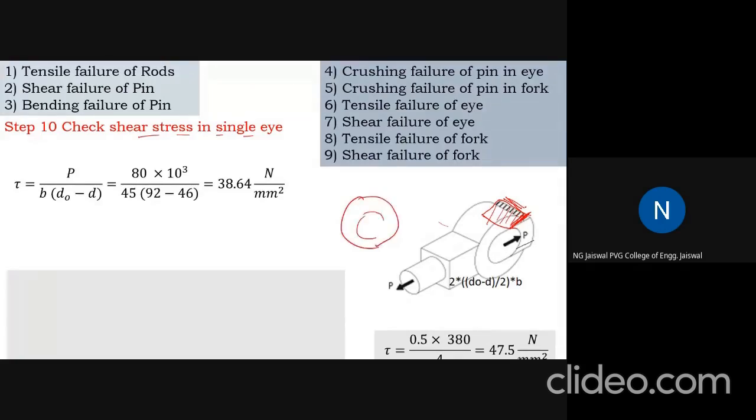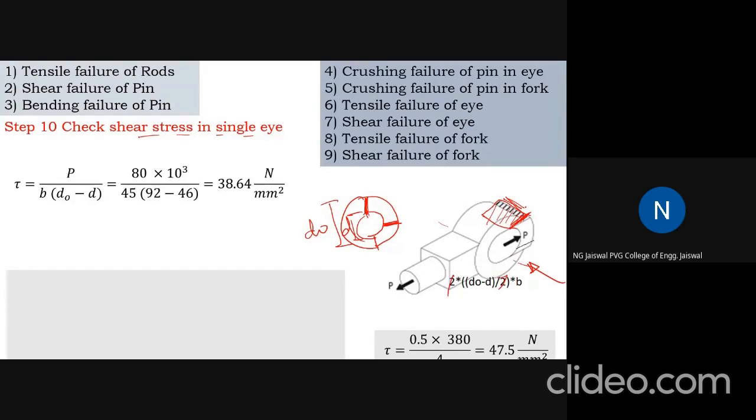The approximation is that if we see the same figure from this direction, this plane will be equal to DO, entire is DO, minus this D. DO minus D means these two dimensions, divided by 2, it means this radial part, this much. Same as this one. So this is equal to (DO minus D) divided by 2. But it is into 2, that's why 2 will get cancelled. That's why remaining is again the same thing.